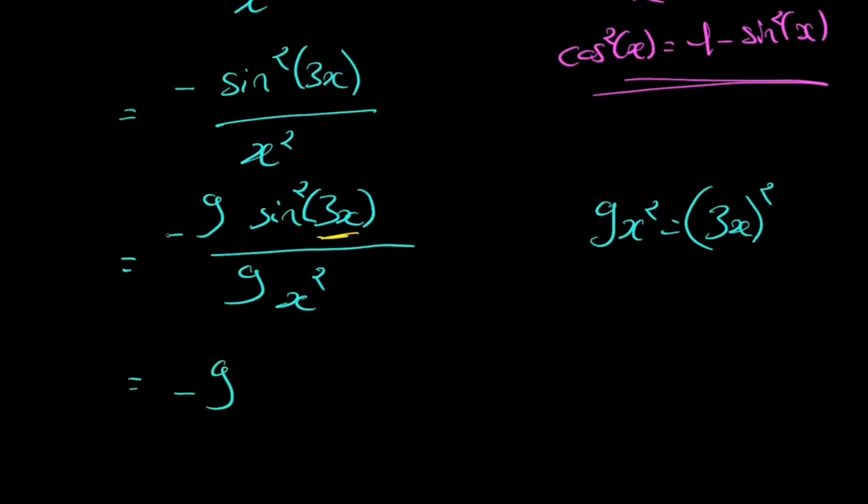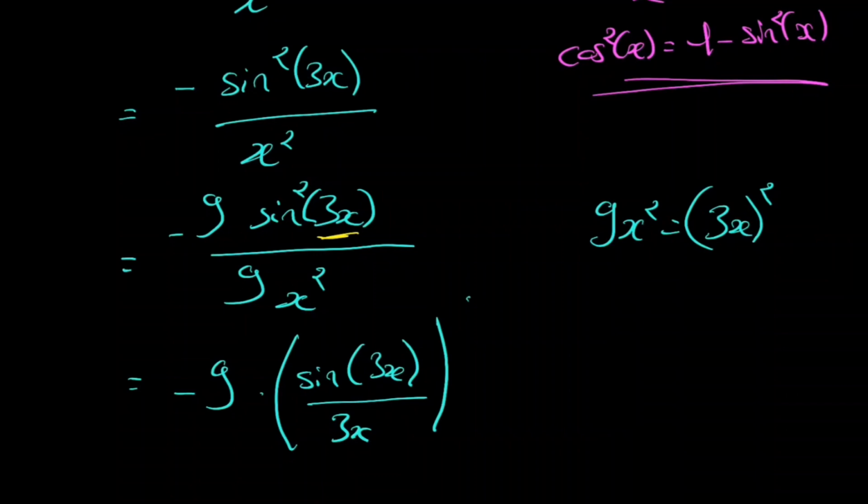So this one does not go anywhere, times sinus of 3x over 3x everything squared. Okay, and we know that sinus of capital X over capital X tends to 1 when x tends to 0,